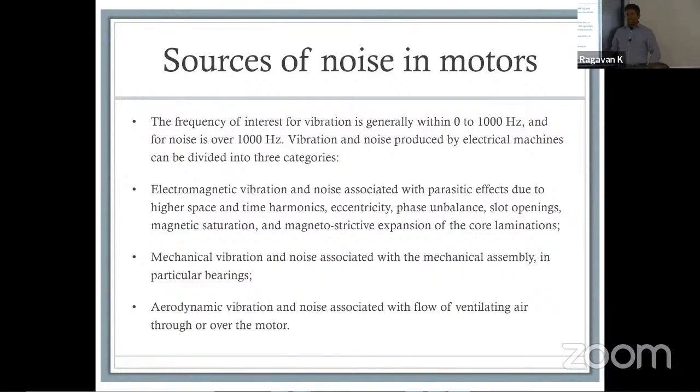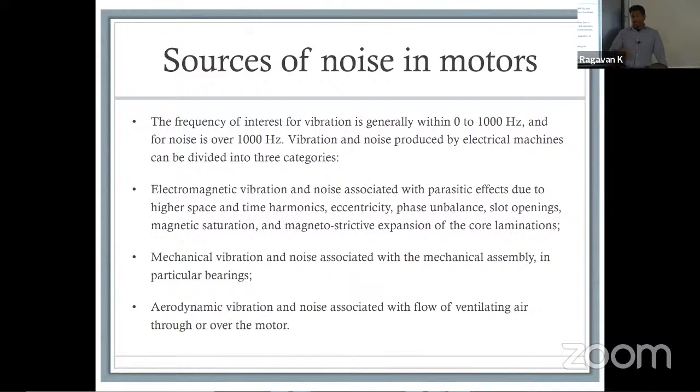Mechanical noise, specifically the ones that we tend to hear, are the ones from bearings. Those are very typically mechanical, coming from the motor. You could have other sources, for example coupling noise that you might get if you are coupling it to your load. That could also be mechanical. Aerodynamic noise occurs if you have a system in which there is a flow of ventilating air over the motor. Whenever there is motion where you have the body cutting through air, you can end up with a situation where you get aerodynamic noise. Depending on how it is, like I said, the frequencies can be high or low.